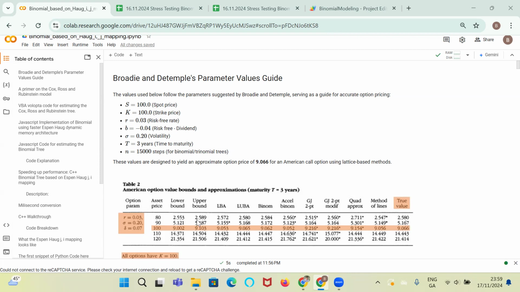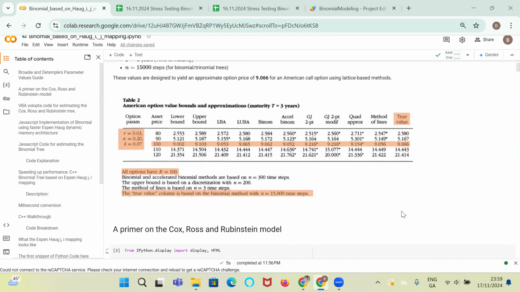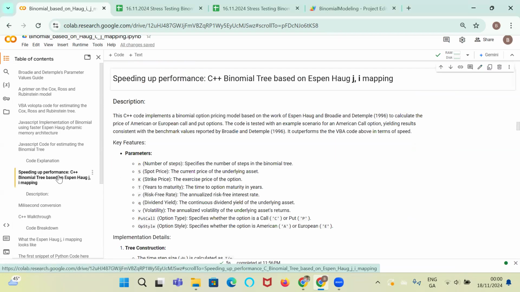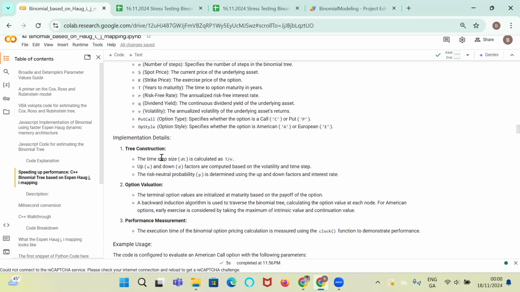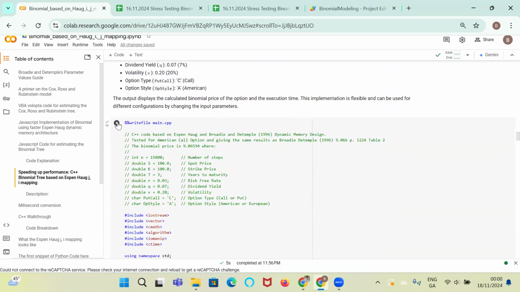So we know from Broadie-Detemple with a 15,000 step tree, the true value of the option based on the 15,000 steps is 9.066. If we come down first to our C++ code and run our code, so if we execute now to run the C++ code, the parameters are the same as the ones we had indicated at the